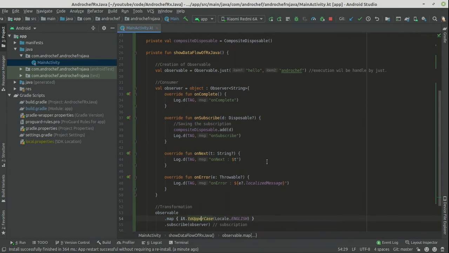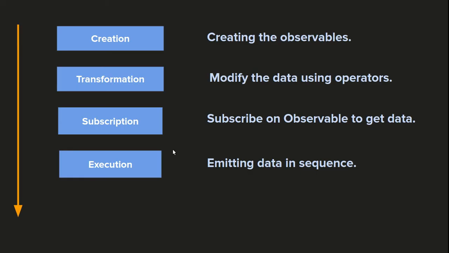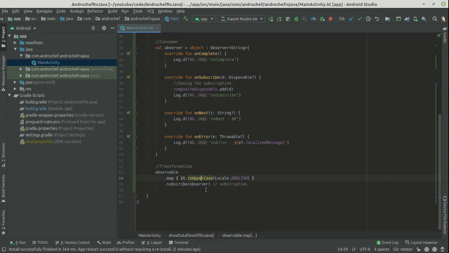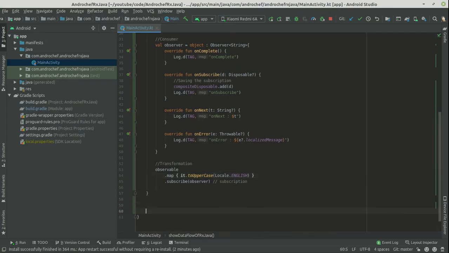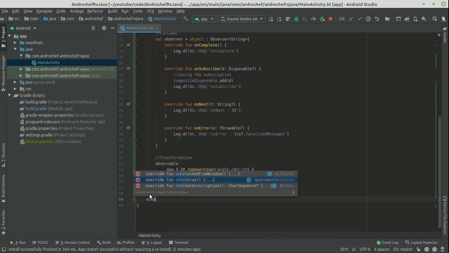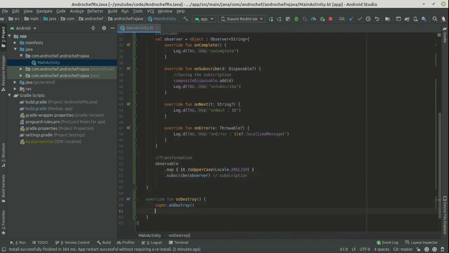Now there is one more step left, which is the destruction of the subscription. For that we will unsubscribe on destroy of the activity. For this one we need to override the on destroy method. In that one we have to dispose all the subscriptions.